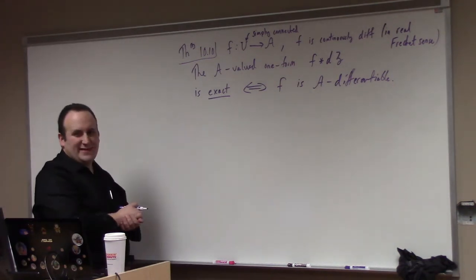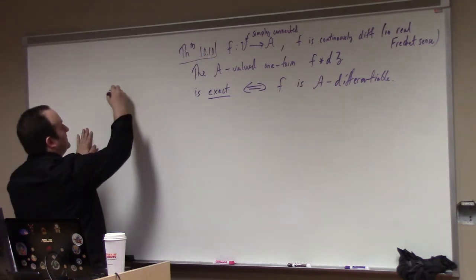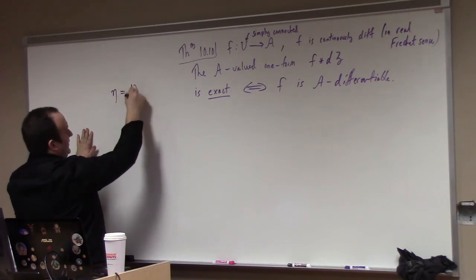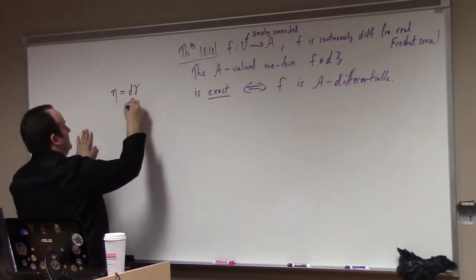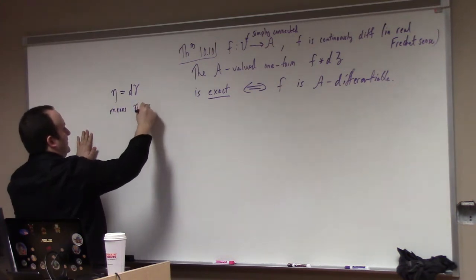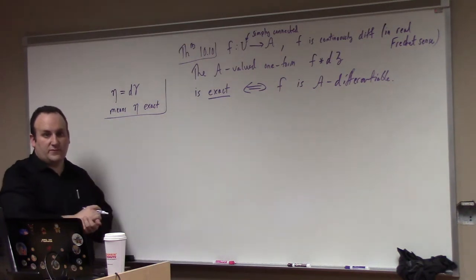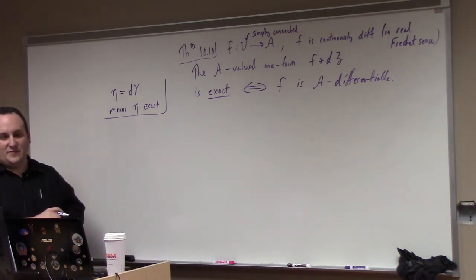So what do I mean by exact? Exact and closed, right? What is exact? Eta equals d gamma means eta is exact, right? If it can be written as the differential of another form. And I'm suggesting, without a lot of background, this is another thing that's missing from my paper,